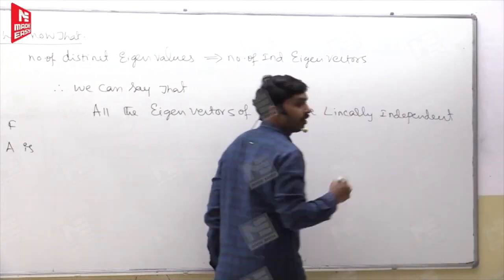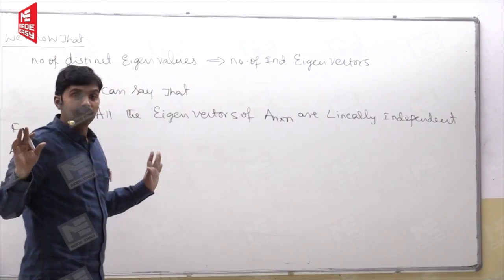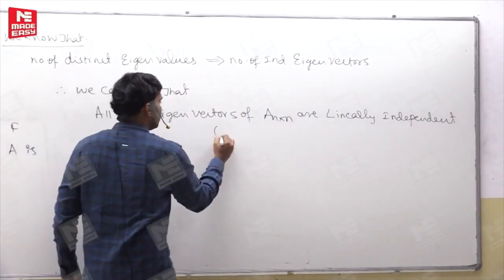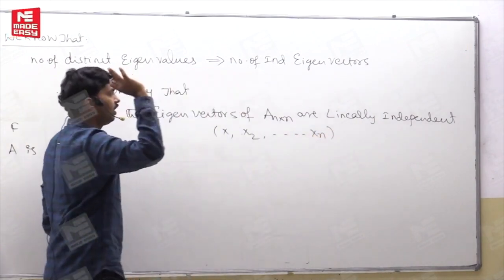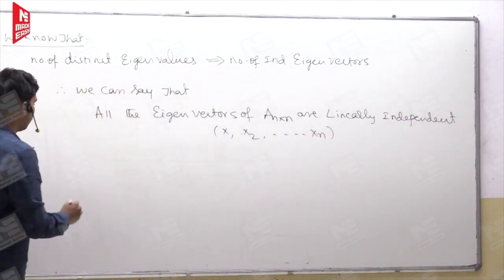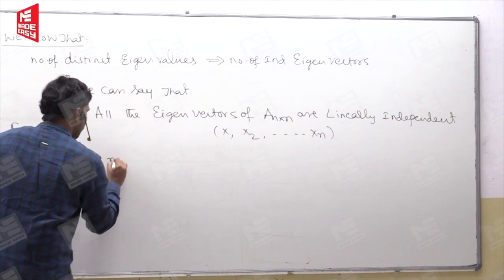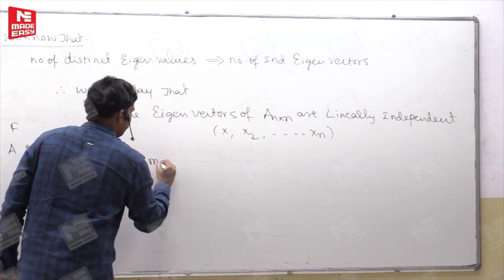That is, x1, x2 and so on, xn are linearly independent. So then the model matrix